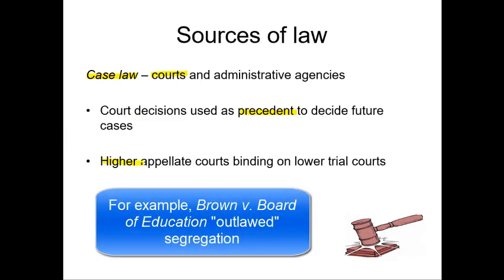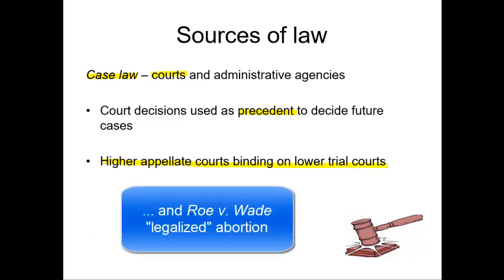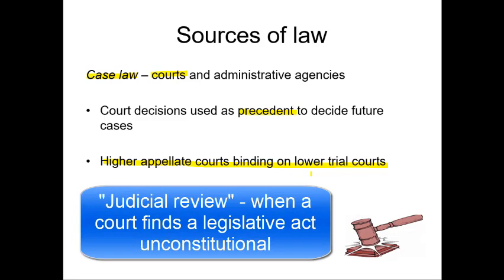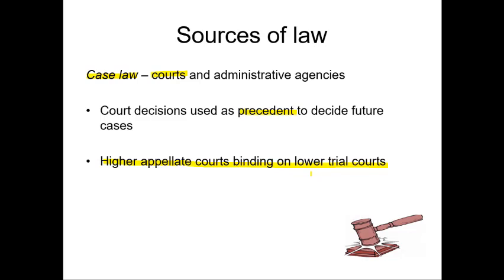And that's what we'll talk about here in a minute as far as the appellate courts, which are the ones above the original jurisdiction courts, or the lower trial courts. They have rulings, as far as that precedent that's set, that the lower courts have to abide by. We'll talk about this in a little more detail, particularly under the concept of judicial review, as to how higher courts have accumulated quite a bit of power in lawmaking, so to speak, because their rulings are treated as law that we have to abide by.